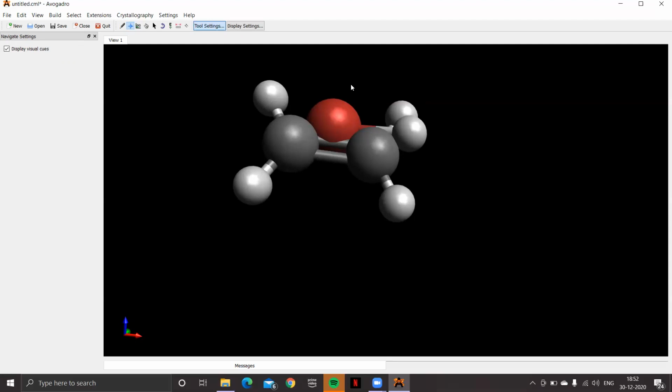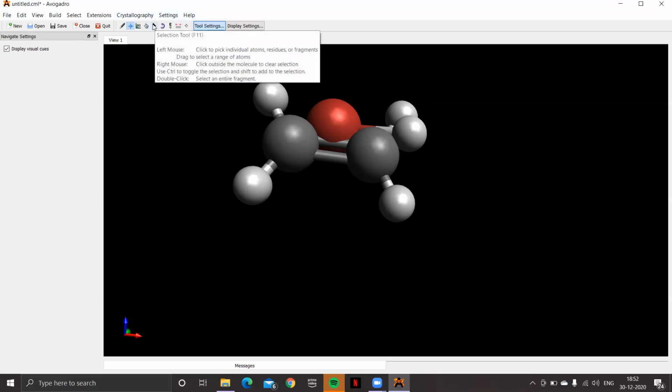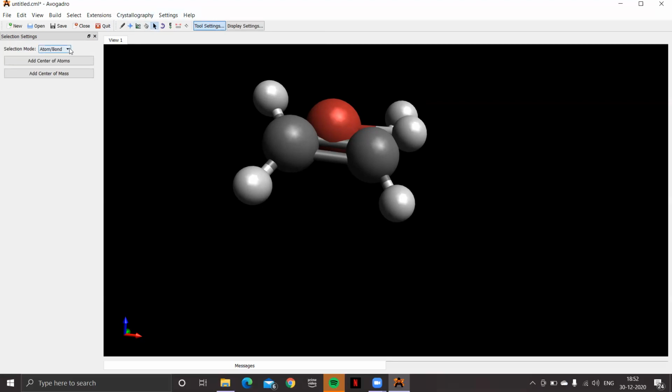How to do that? Now take the help of another tool, the selection tool. In the selection tool, we can select a particular atom, we can select a particular residue, we can select a molecule as a whole. So in this case, let's select HBr. I can do it atom by atom, or I can do it directly by opting for this molecule in the drop-down menu. Now, if I click on any one particular atom of the molecule, the whole molecule gets selected. So if I click on this Br, the whole HBr got selected. Now I can move this apart from the ethene molecule.